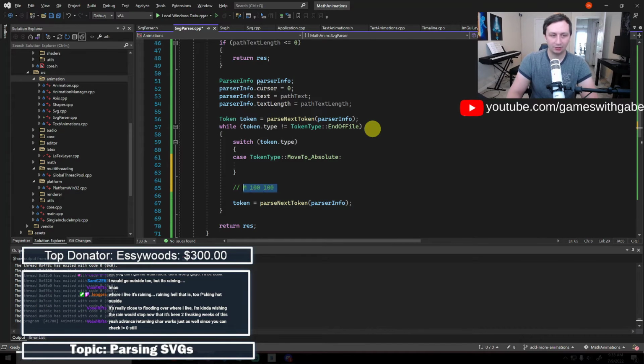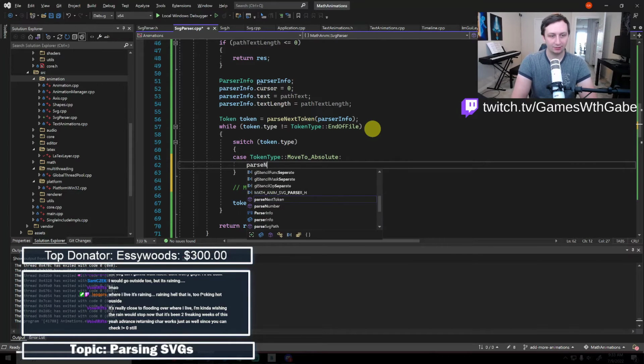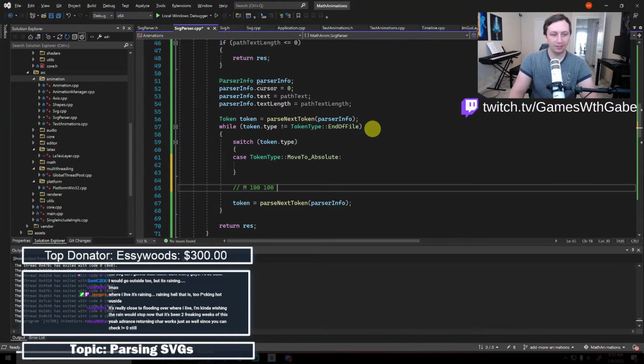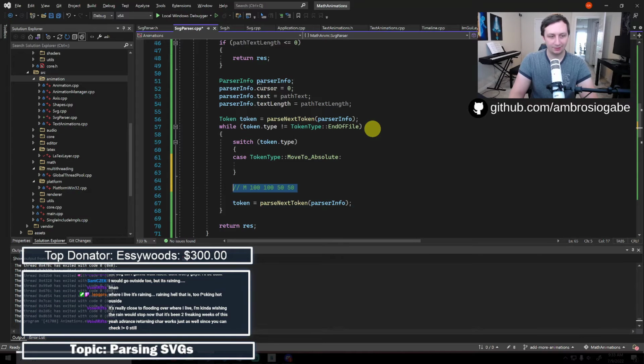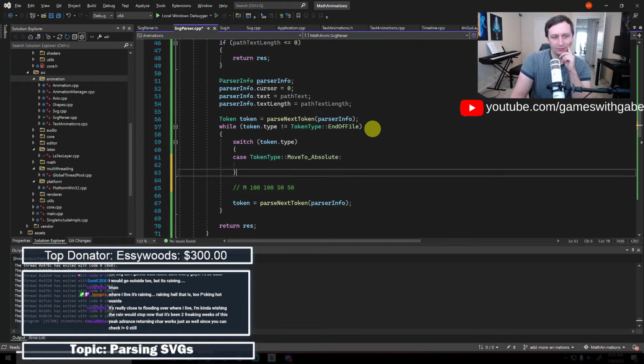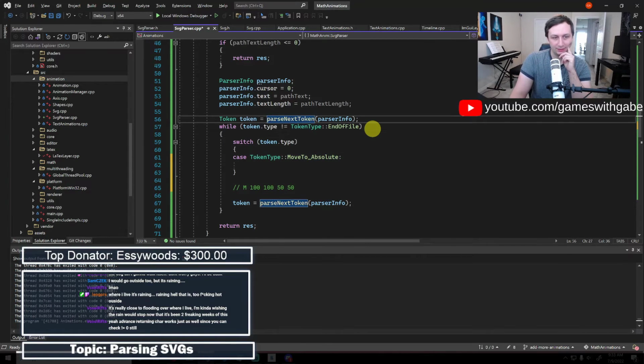And so basically what I'll want to do is I'll want to say, hey, let's parse the next number, which already breaks because now I'm going to have to parse next token here and then parse next token, which is kind of weird. But then we can have a situation where it's just two more numbers. And what this means is this actually means let's do another move too, but that's kind of implicit. So what I'm thinking is we might want to abstract this into another thing, but I'm not quite sure.